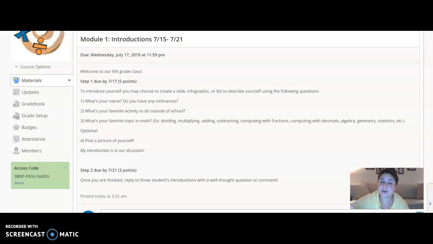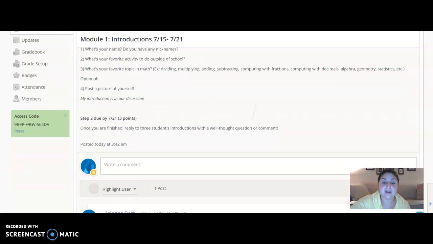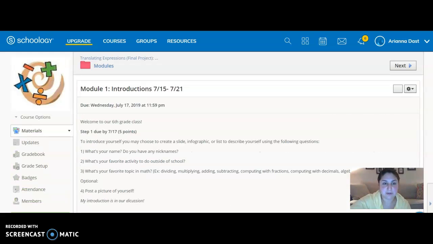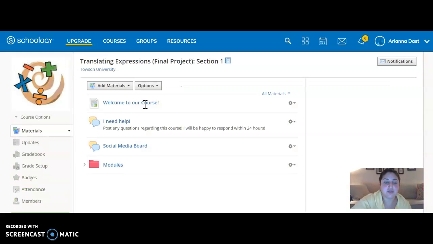And then the optional post, because these students are under the age of 18, if they have their parent permission, they can post a picture of themselves. So I posted an example here with my picture there, again, to help match a name with a face for my students to make it as personal as possible. So module 2